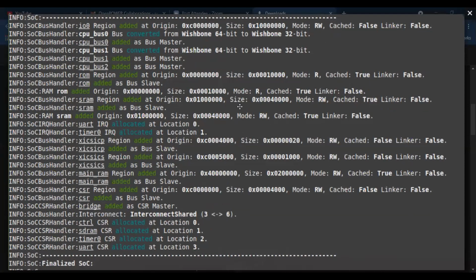Yes, we can. Can you see that there are some instances, for example, something called info SOC capital RAM followed by capital ROM, added, origin 0x all zeros, size, mode. I'll talk about mode and things later. So can you see origin? Basically at the 0000 location. This particular screenshot does not capture the microwatt processor core's overall range, but it is giving you a picture of what location it starts at and where it ends.